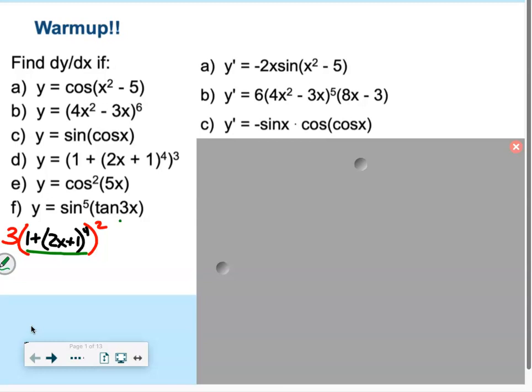So I'm multiplying by the derivative of 1 plus (2x plus 1) to the 4th. The derivative of 1, of course, is 0. The derivative of (2x plus 1) to the 4th, it's like its own little chain rule problem. 4 times (2x plus 1) to the 3rd times 2. All right, so